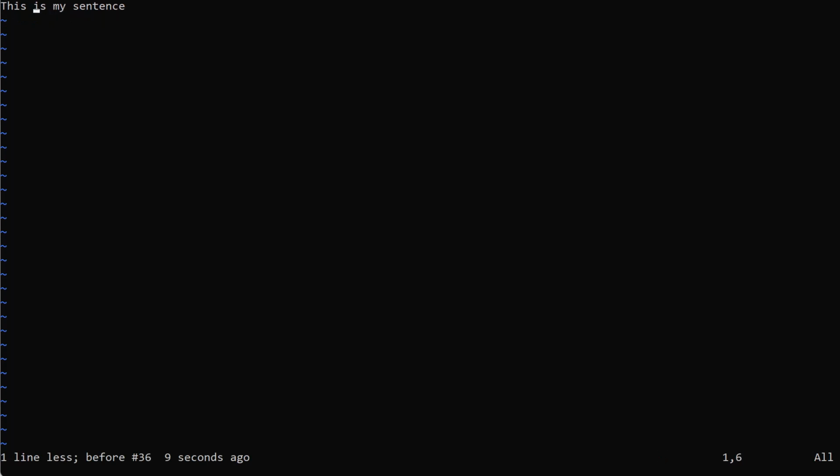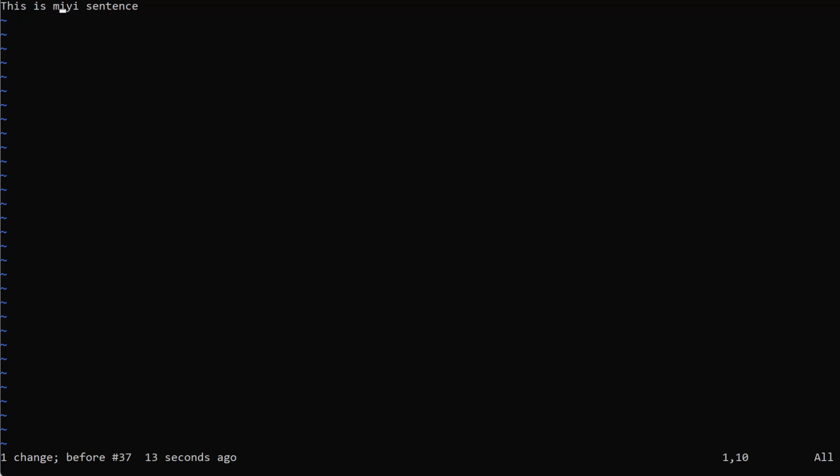Let's copy it again. I will copy the I here, Y and L. So if I want to paste after the current cursor, I will press P. And if you want to paste before the current cursor, you will use the uppercase version, that's Shift P. Okay, so let's do it again. We have P to paste after our current cursor, and we have Shift P, which is paste before